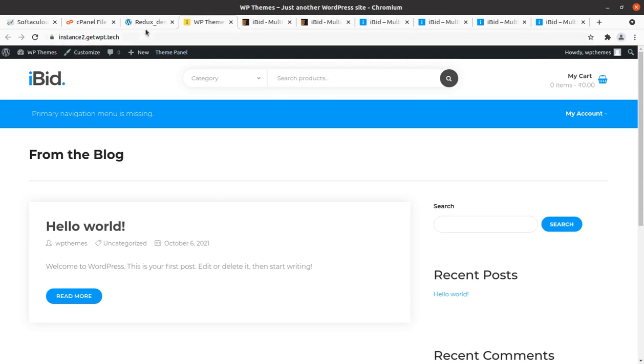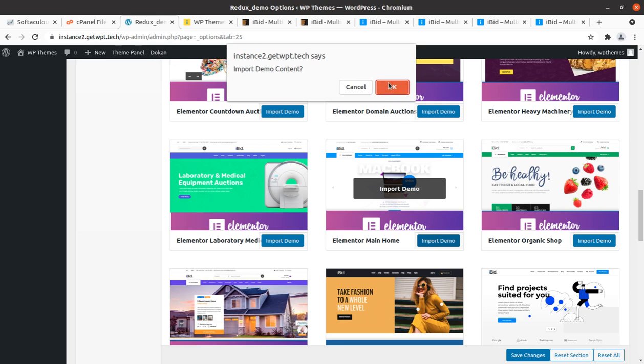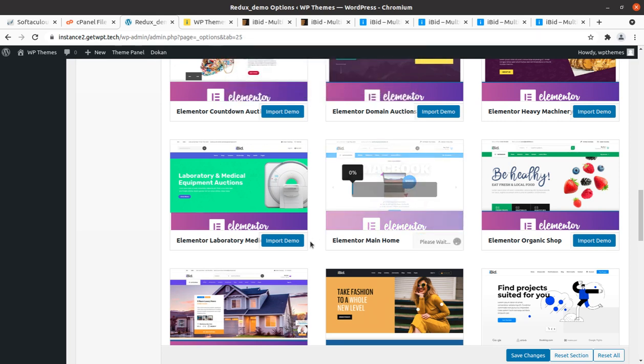So simply click on the import demo option, and the demo data import process begins, and it is at 0%. Let us have some number here, at least not 0, so that I may confirm to you that the demo import has begun.